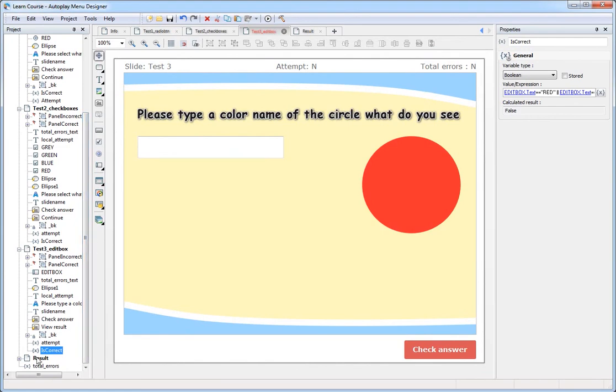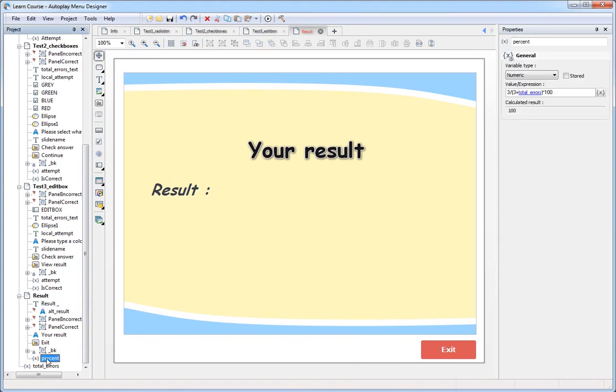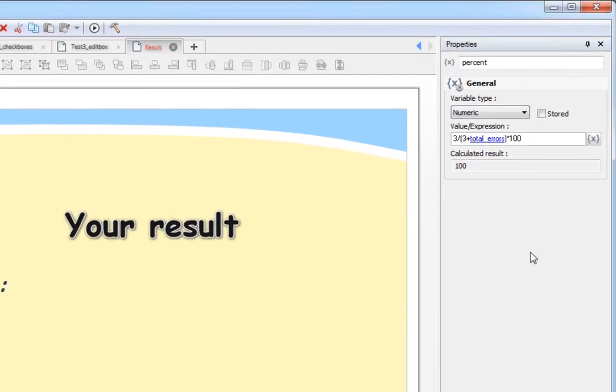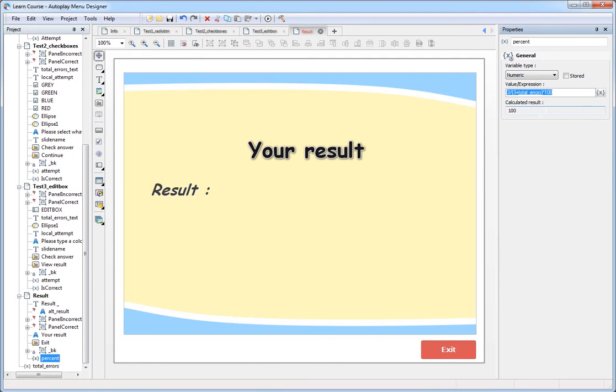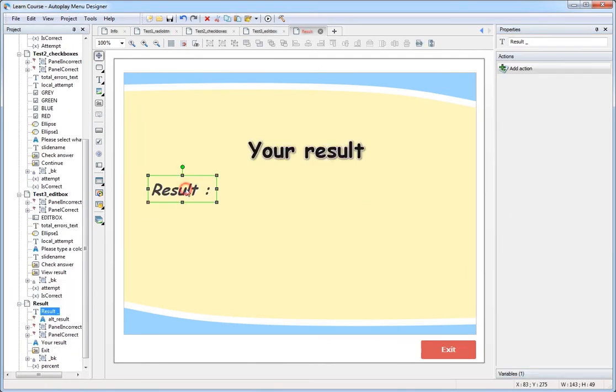It remains to go to the result page, calculate, and display the final result. Add the numeric variable called %, and define the calculation formula as we do on a calculator. And then we will use the already known technique to display the result using the text internal variable of the simple text object.